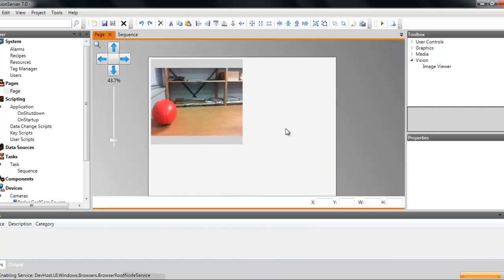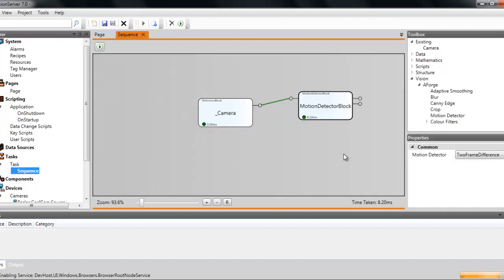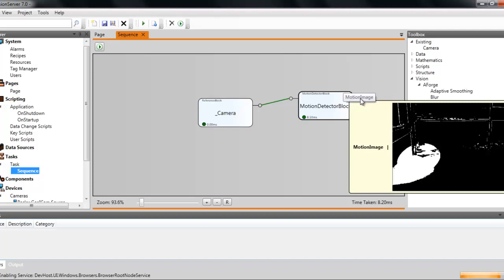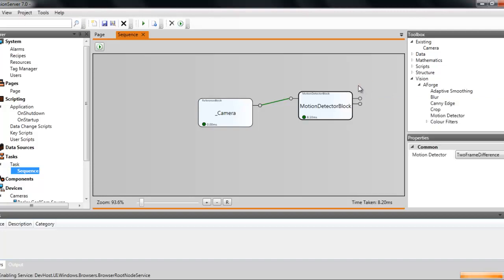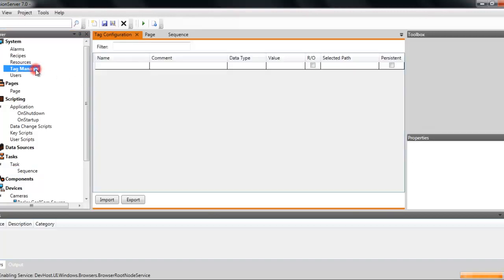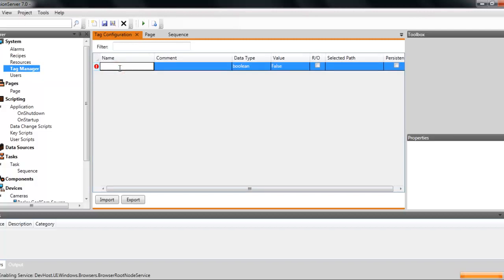So I've now got a page which can show me my camera image, but I actually want to see the output of my motion detector, my motion image. So what I need to do is create a global variable, or tag as it's called in VisionServer, to store that variable in it. And so I've gone to Tag Manager, and I can create a new tag. So I'm going to call this motion image, and my data type is going to be an image. Now that I press enter,